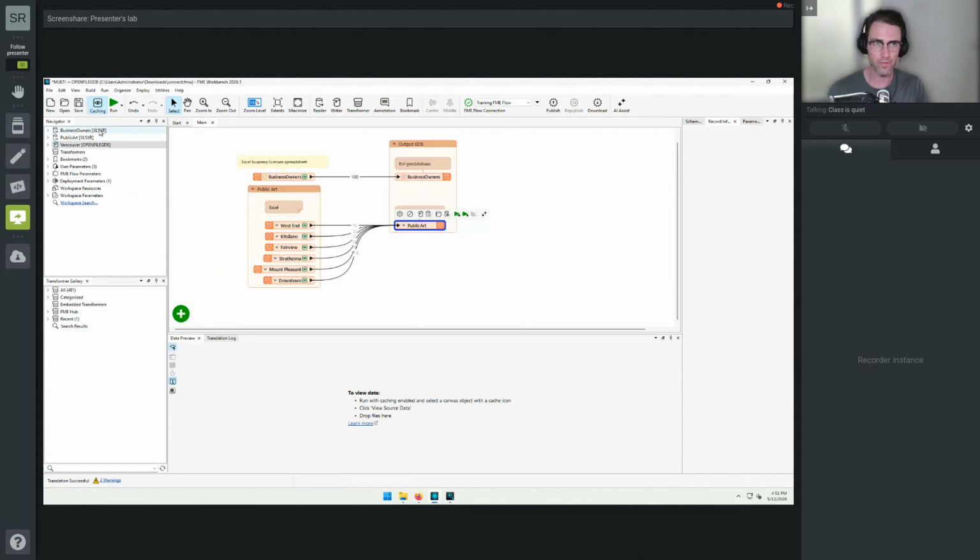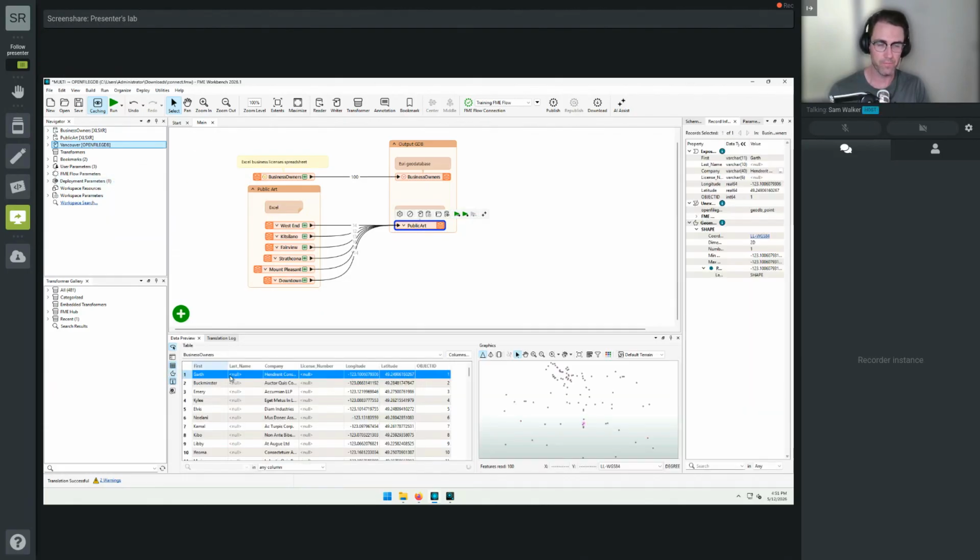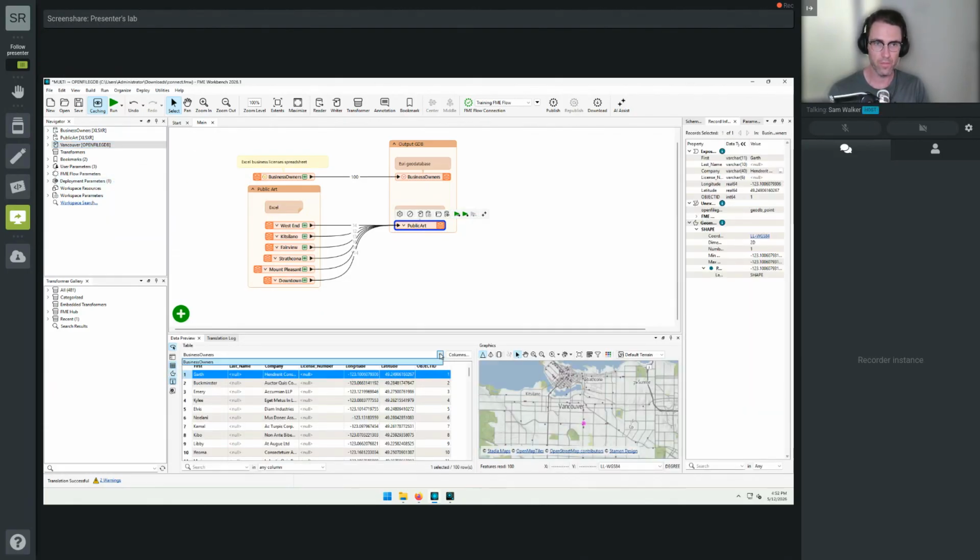If you want to view all the feature types in the written data, you can go to your writer, right click that, view written data. And then from here,